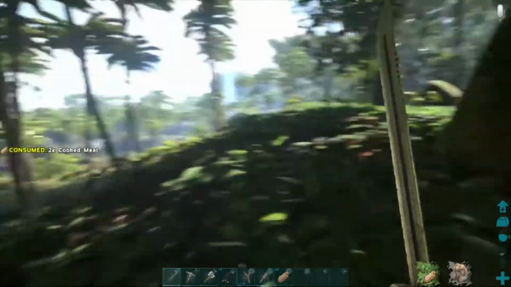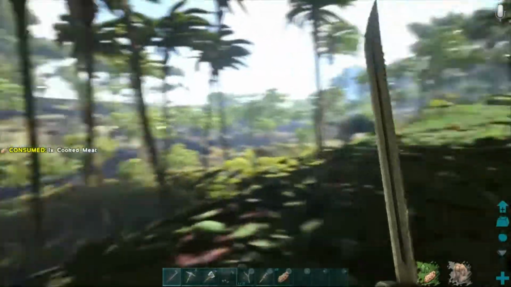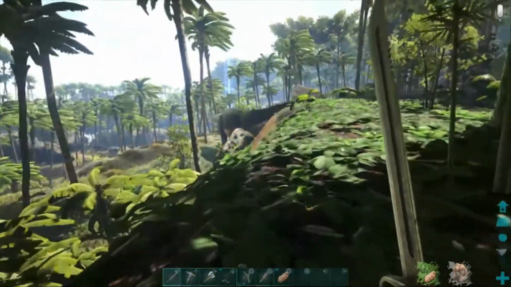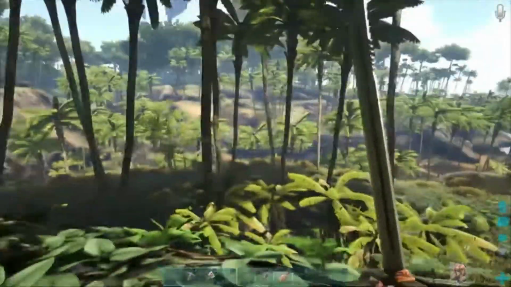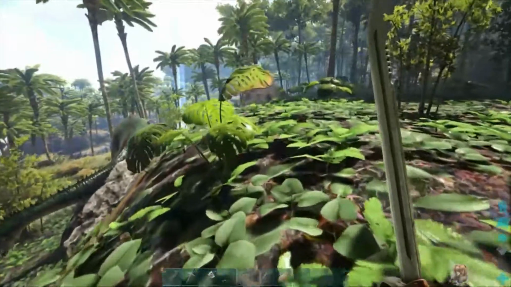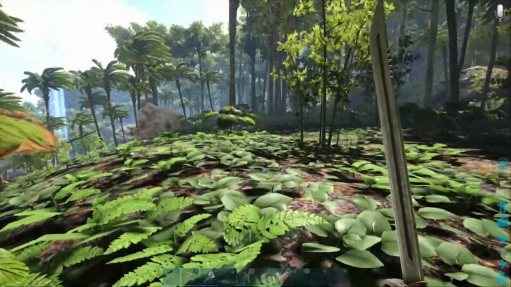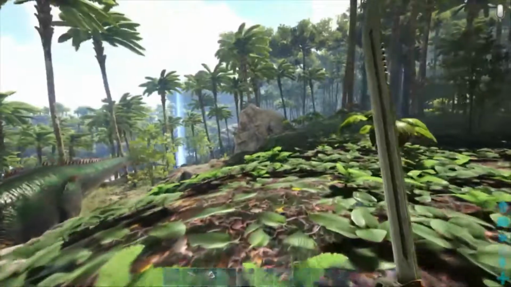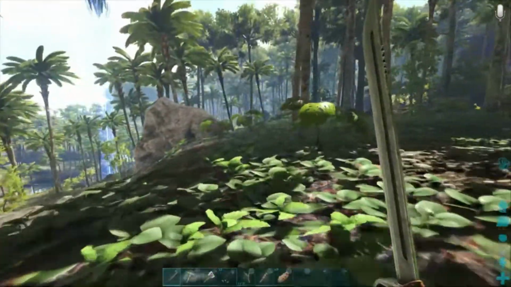I've got like 32 steaks in my inventory though, so I think we're alright until we get back to the house. Okay, we've got a big Diplosaurus here. Diplodocus, sorry. Alright, I'm going to stand here for a second, just to gain some stamina, and kind of need to make a run for it, because the biggest problem around here is velociraptors, especially when it's...